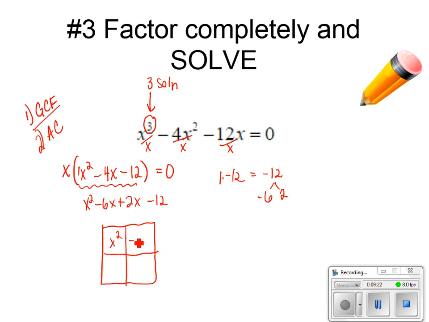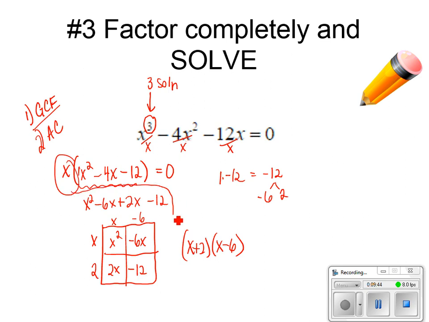So x squared, negative 6x, 2x, and negative 12. First row, x. Second row, 2. First column, x. Second column, negative 6. So my factors are x plus 2 and x minus 6, and this x that I had originally taken out